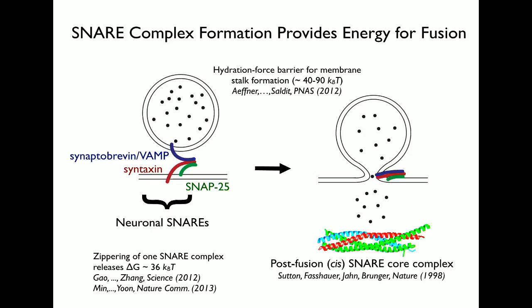fusion. This is based, on one hand, on taking the assembled SNARE complex and pulling it apart with optical tweezers or magnetic tweezers, work from Zhang and Yun. They showed that taking this complex apart in these tweezer experiments requires roughly this order of free energy. For comparison, the energy that's required to initiate the fusion of membranes, more specifically the stalk formation, is estimated to be roughly 40 to 90 kBT, and this is based